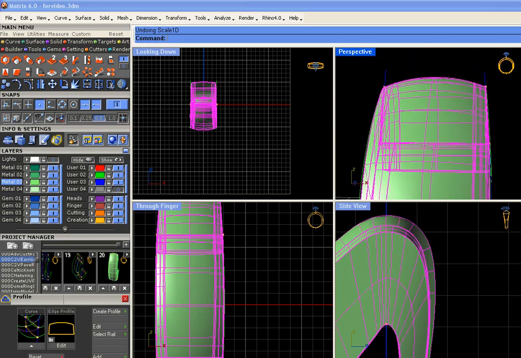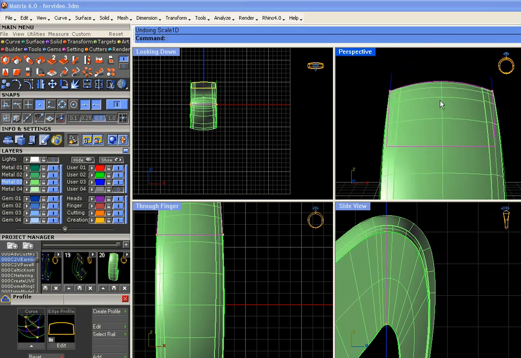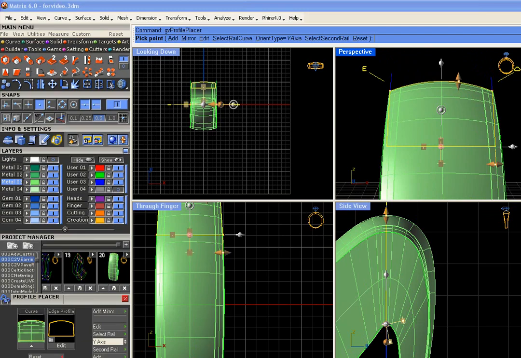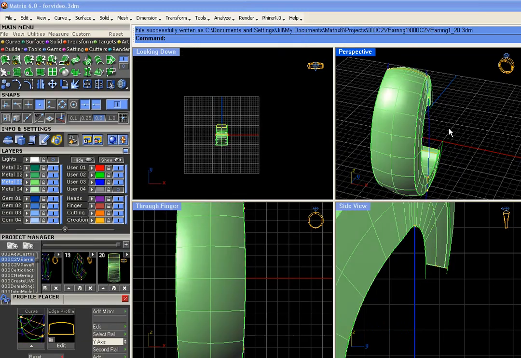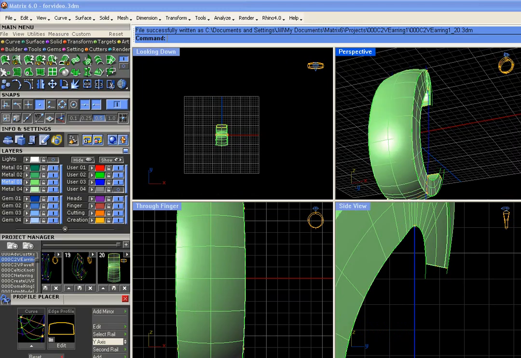Go to your profiles and make sure their sweep points are set up. So F6, MSR, edit points, and just place these where they touch the rails. Okay, with all the edit points